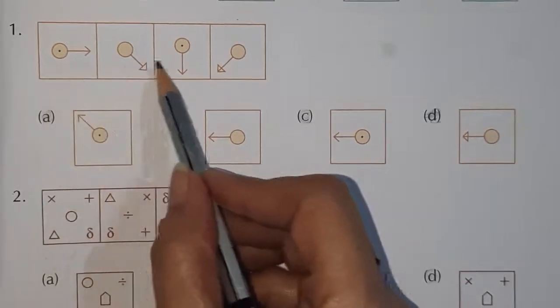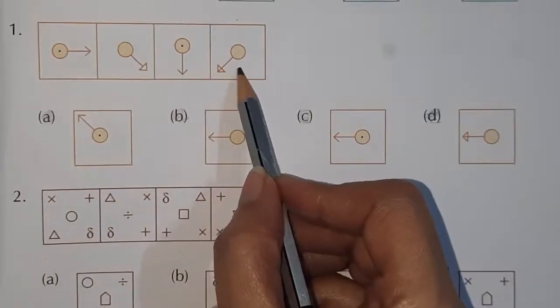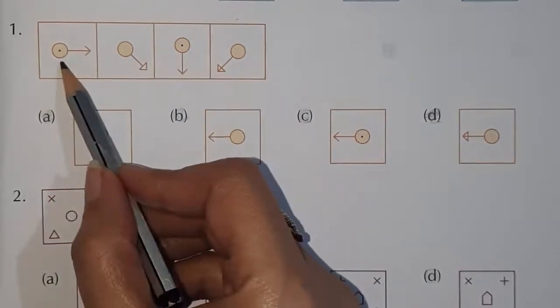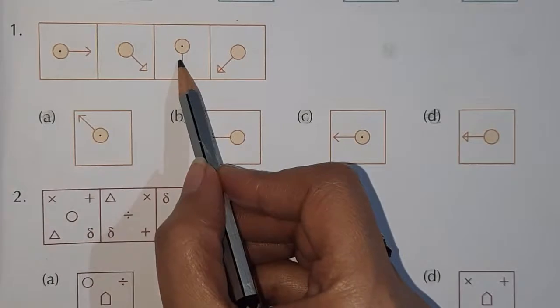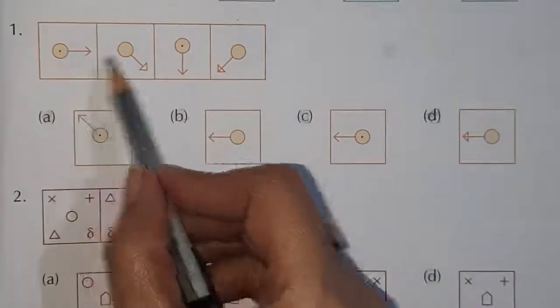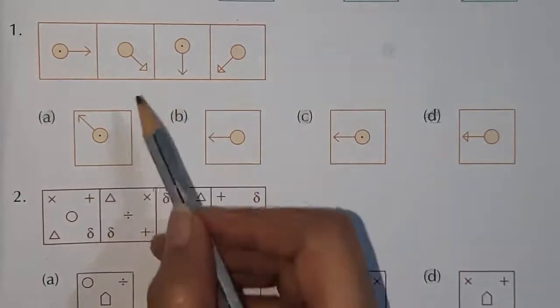See, figures 1, 2, 3 and 4 are given, but it is clearly visible that there is a relation between the first and third. So we have to find out the 5th figure, which will be like the first and the third. Now see,